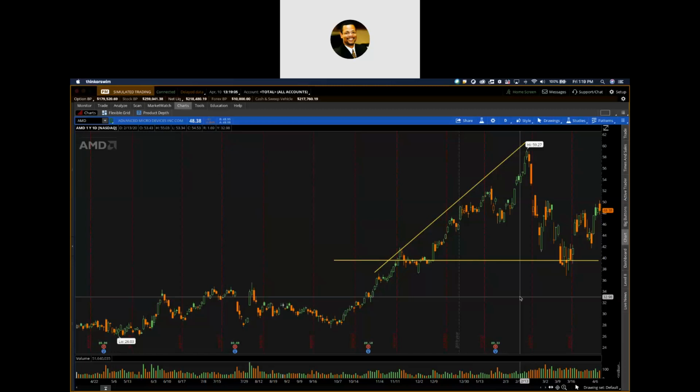So right now I just need to determine, do I want to do anything with AMD? Do I like where it's currently at? So I'll look up and say, okay, what did it last trade for when the market was open? It last traded for 48.38. So 48.38, somewhere right there at that bottom, boom, where it closed. See this little red candlestick? That was the last day. And the bottom of that candlestick is where it closed.